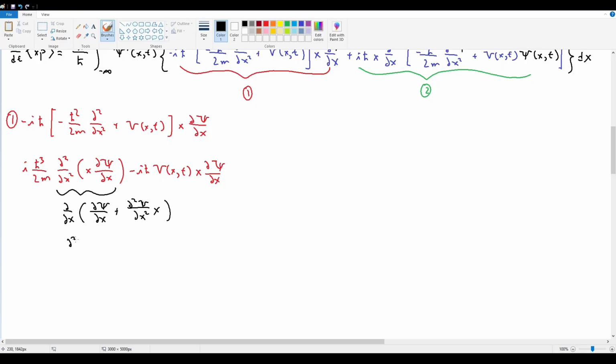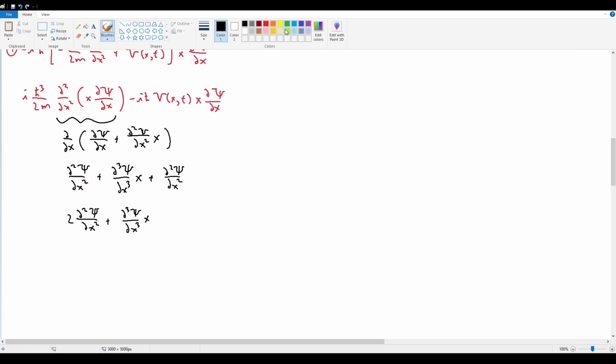You get d2 psi by dx squared plus box prime d3 psi by dx cubed times triangle plus triangle prime times box, d2 psi by dx squared. The left and the right terms combine, you get 2 d2 psi by dx squared plus d3 psi by dx cubed times x. Okay, now if we plug that back in, we have